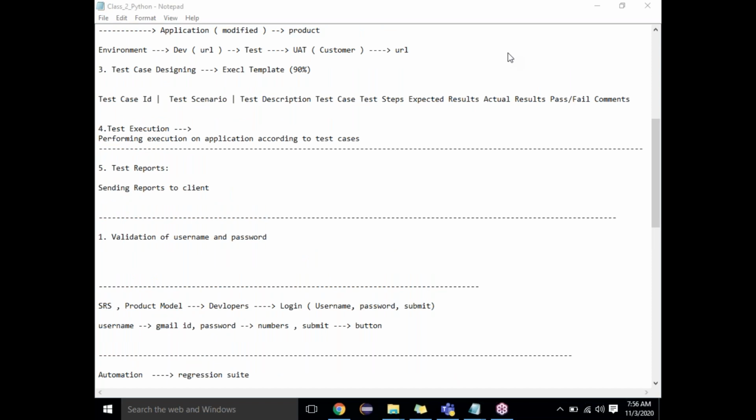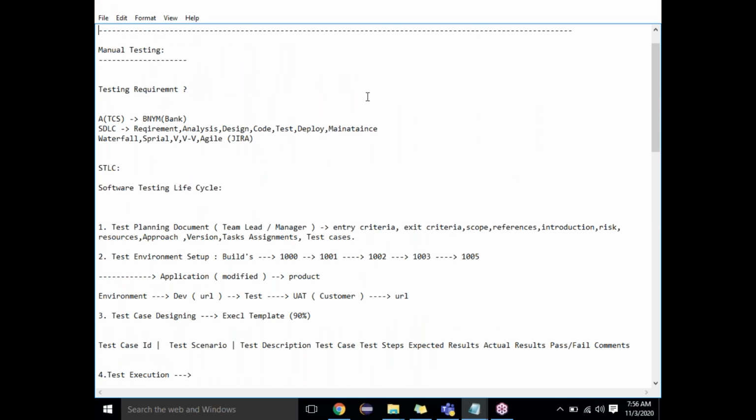Yesterday we discussed the test plan, right? As I said, the test plan document is a document which will give us a complete idea about what has to be done. Everything will be in the test plan document, which will basically be prepared by the team lead or the project manager. So the first step for any testing is that they should prepare the test plan document. Mostly the higher-level people will prepare this document.